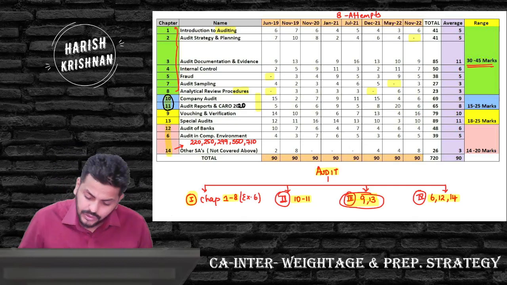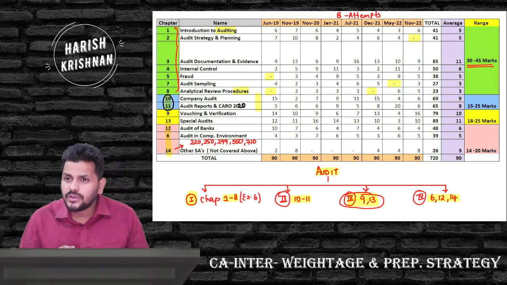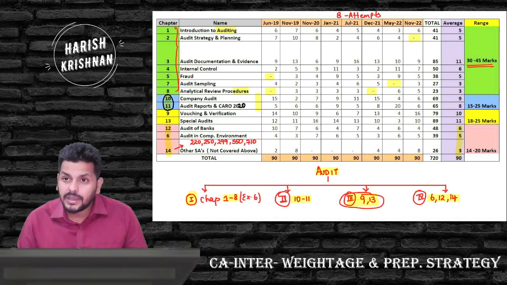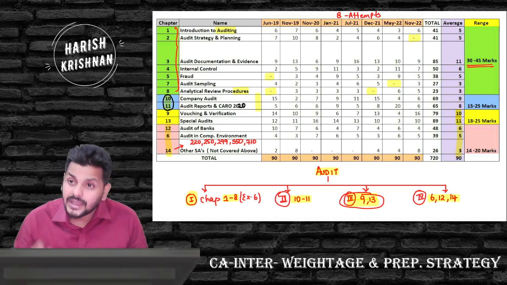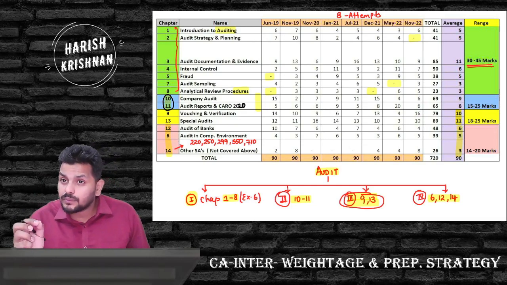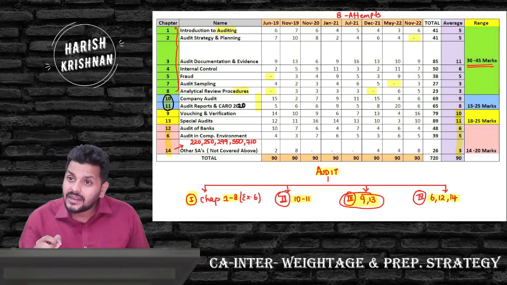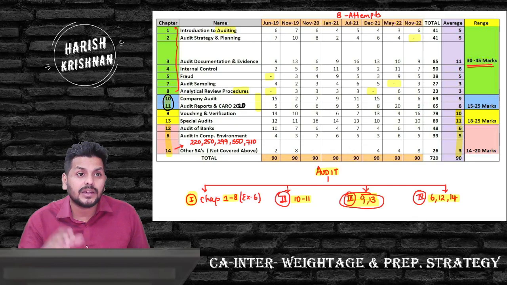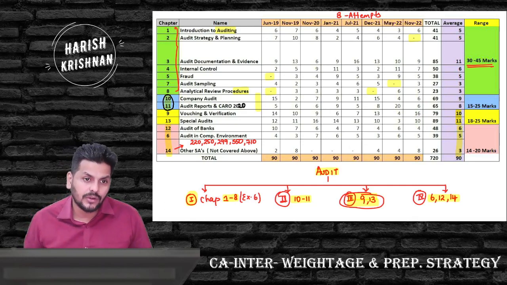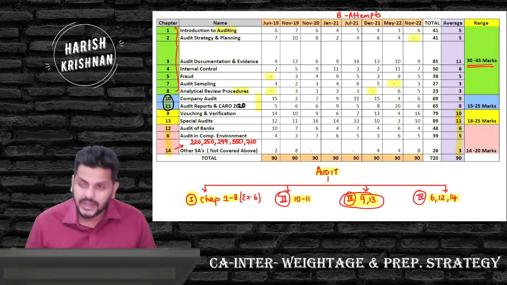This last piece caters only to 10 to 12 marks at maximum. So in that search for those marks, no matter how much theory is there, you might still want to stick to basic preparation. Though 20 marks are there here, you will not spend as much time as you spent on 10 and 11, right? 10 and 11 will take more time but come for fewer marks. But when you talk about 9 and 13, you might spend very little time on them, but they will come for more marks, and you can balance it out in the exam. And of course, there are no excuses for chapters 1 to 8.